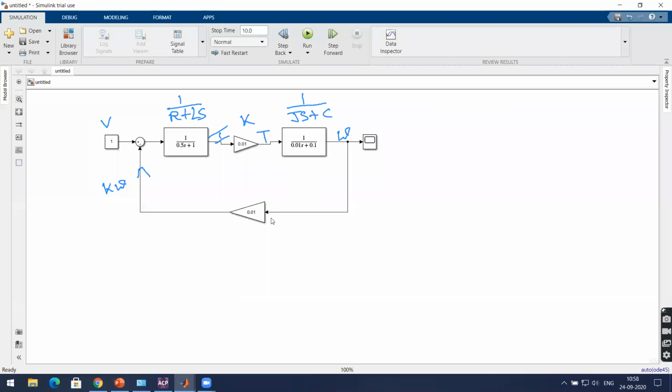Okay, so now how do you develop a controller for this? What you need to do? Can anybody answer? See, this is the voltage input. This is radians per second you're getting. Now, what I want is a closed loop system with a PID controller. How do I do this for this motor?